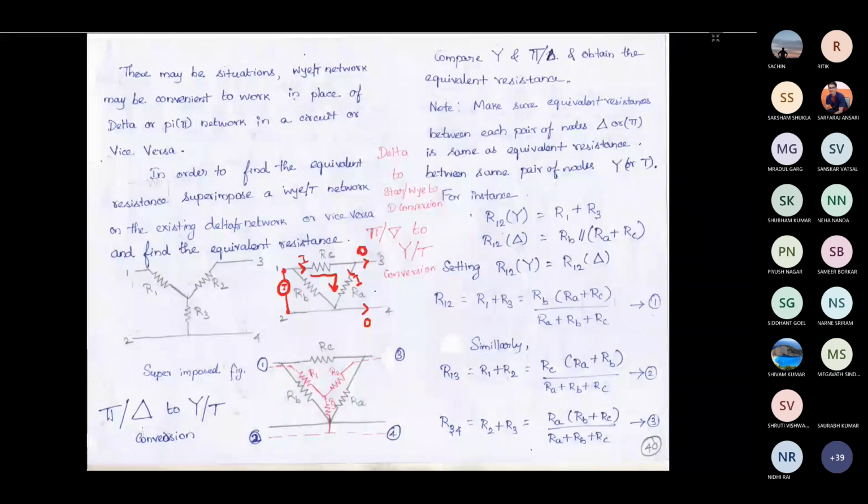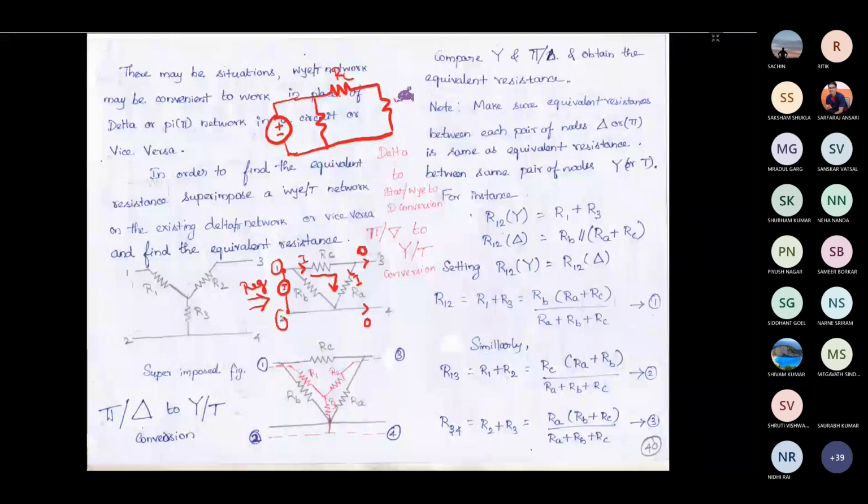Now, if you are seeing the equivalent resistance from 1 and 2, as I told, when you want to find the equivalent resistance, you should start from the exact opposite end, or at the terminal final end. So this is the final terminal which is available for this circuit, so from this side we have to start. Here RA and RC are in series, so we can redraw this. The circuit will become like this. So this is RC, this is RA, and this is RB.